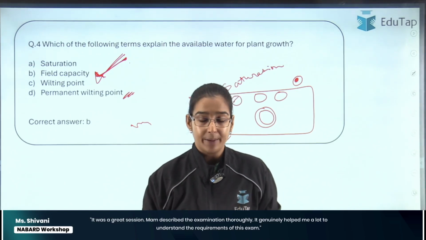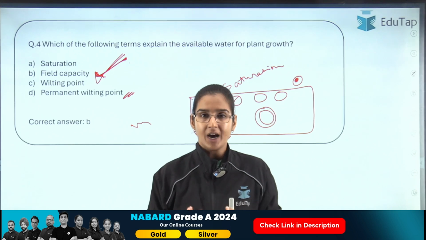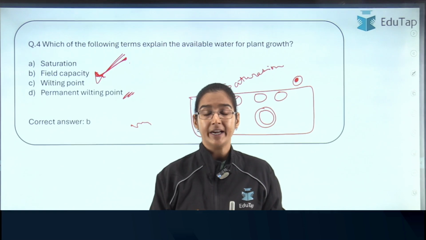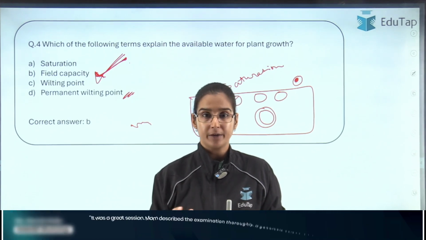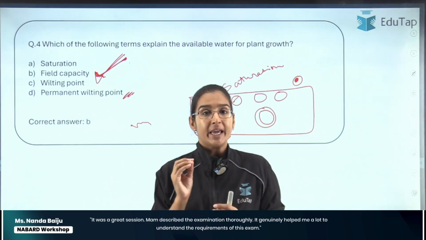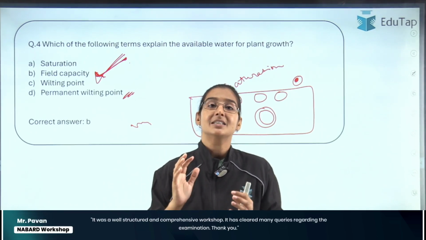Now let me give you an example. At this point the summer is very harsh here in North India, and if at your home you have a tulsi plant, right, or you have a mint plant, पुदीना या तुलसी अगर घर पर है, तो आपने देखा होगा कि अगर आप उन्हें एक भी दिन पानी ना डालें तो वो ऐसे ड्रूप कर जाते हैं, ठीक है? The plants start drooping.